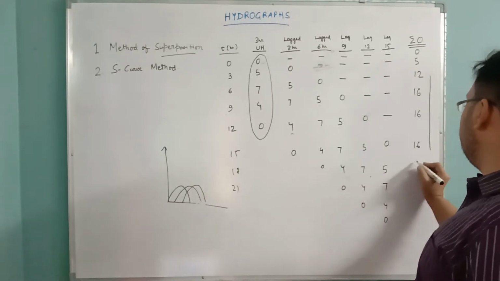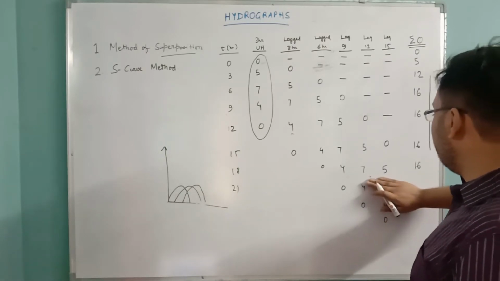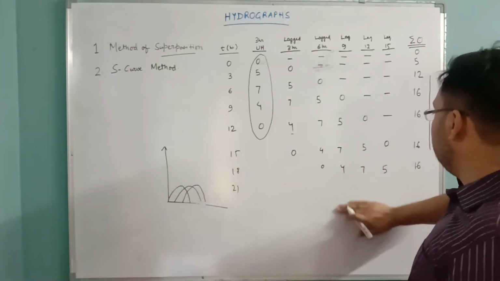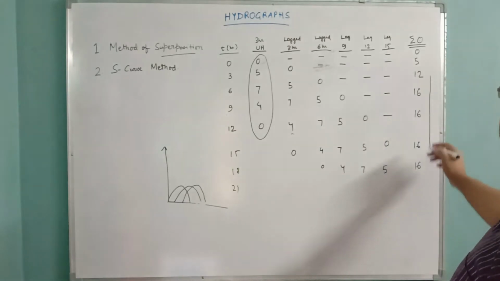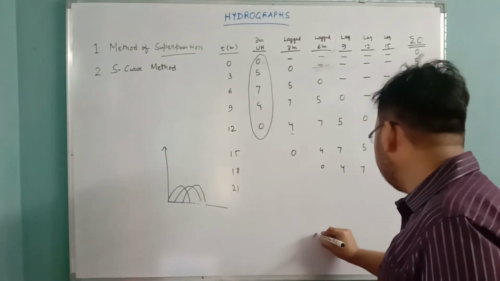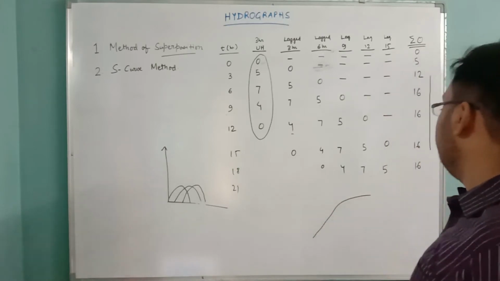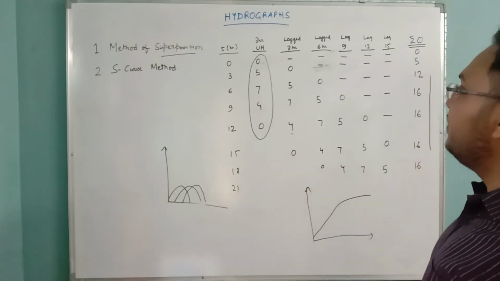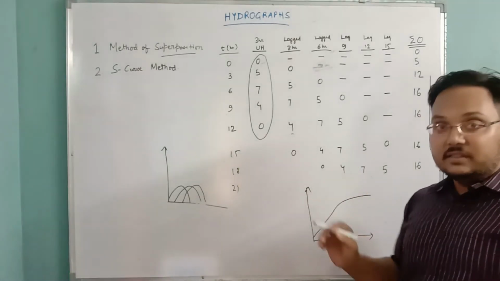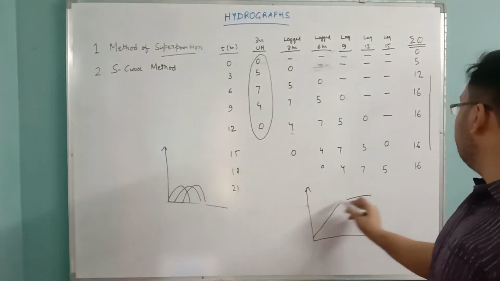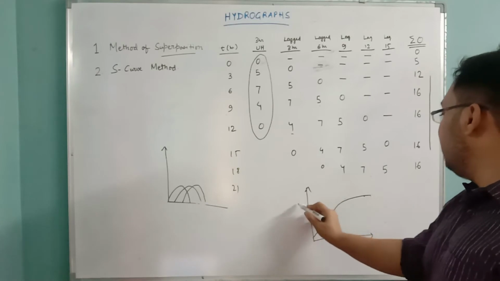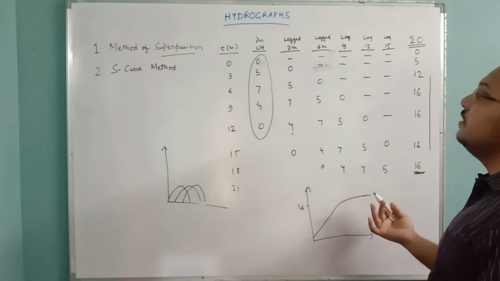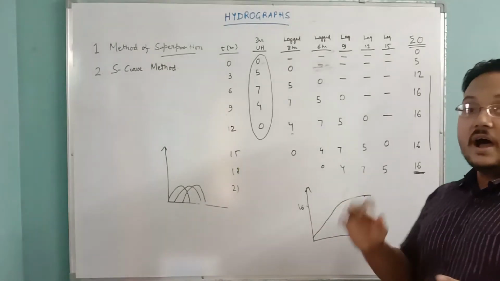So 4 plus 7 plus 5, that is again 16. So let's forget all this because we have already exceeded the duration of our base time. You can already see that the curve is getting saturated at 16. It will increase up to 12, up to 16, and then it will flatten up. So this is how an S curve forms, and I could hold my statement good that at a certain stage the curve is going to flatten up. In this case the curve is going to flatten up at 16, which is nothing but the highest value upon addition of these ordinates of the hydrograph.